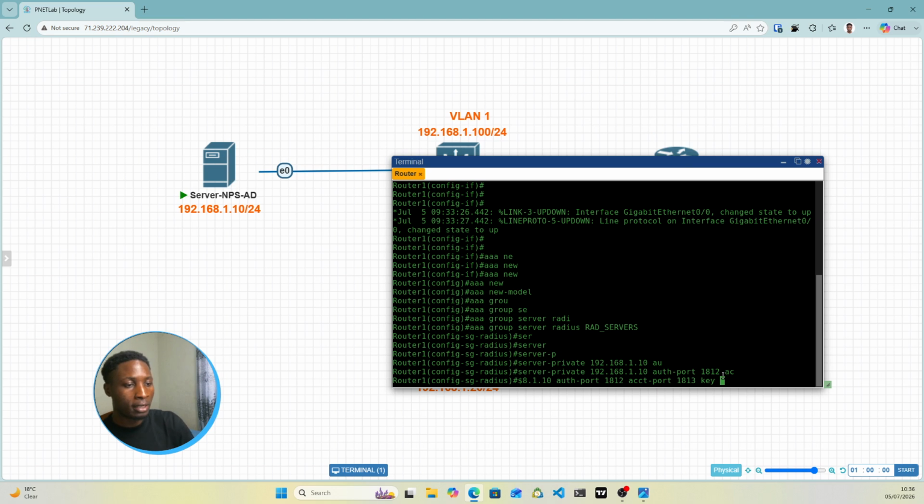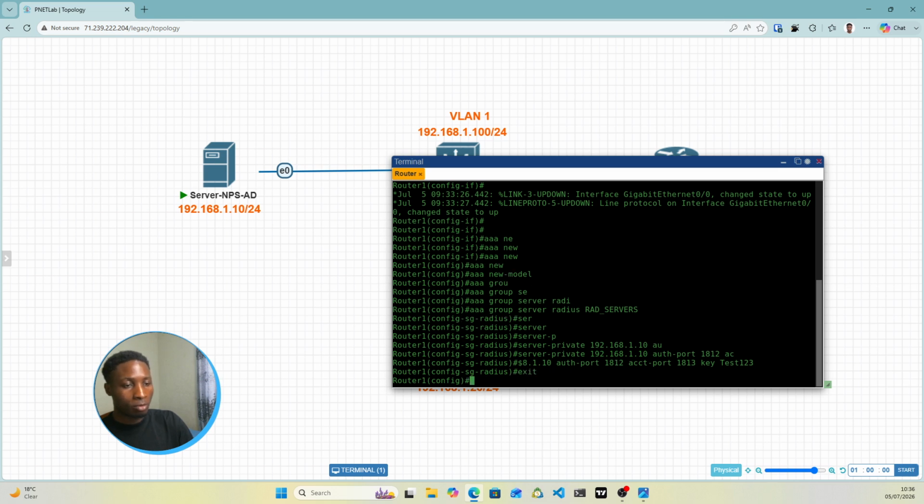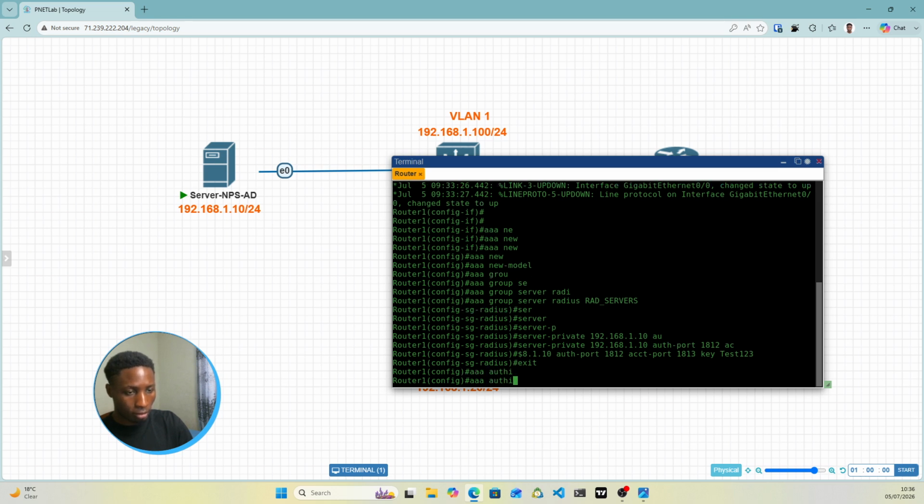So we're going to do that right now, and we'll just put in the key. I can put a key here as test123. You can make your key complex in a production environment. Hit enter here, and from here I'll hit exit. The next thing we want to do is, we have set up the RADIUS server here, and now we're trying to say AAA authentication,